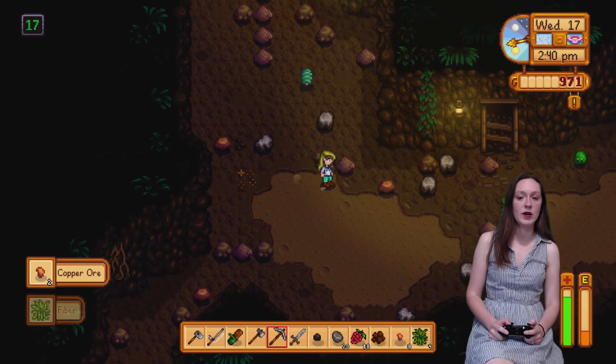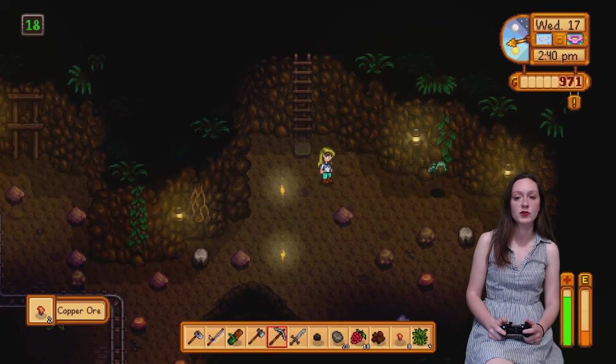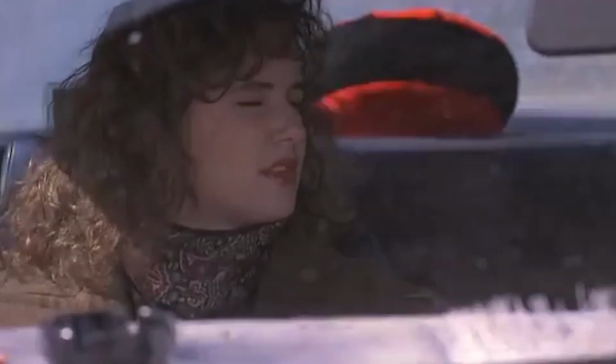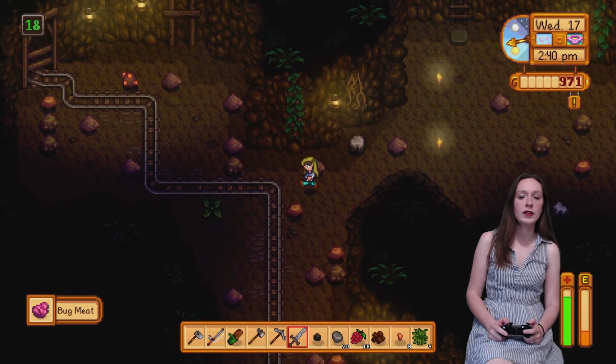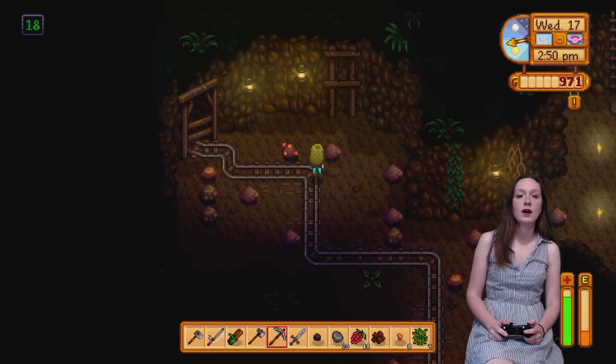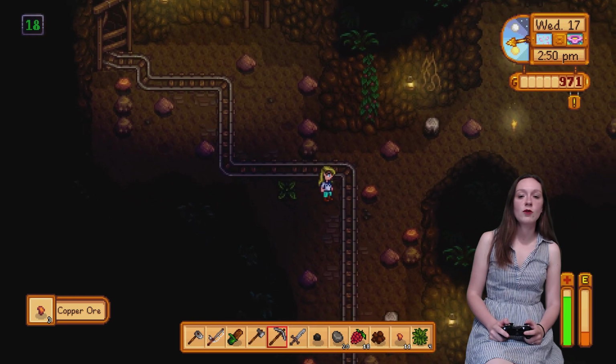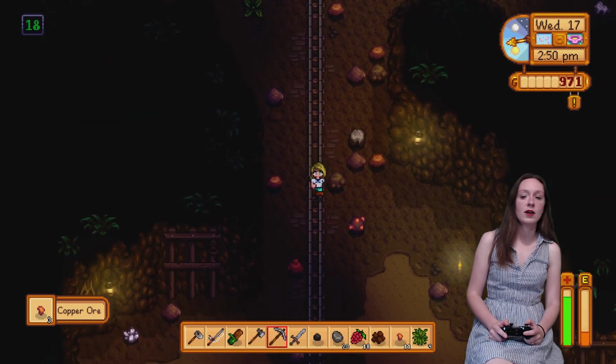There's a million of these bugs in there. By then you'll have a much higher level sword, and it won't be as much of a pain to kill them. His name is Bug. But for now, in year 1, this is a great source of the bug meat, which you're going to use for bait. Alright, as you're going through the mines, just make sure, as long as you're not too low on